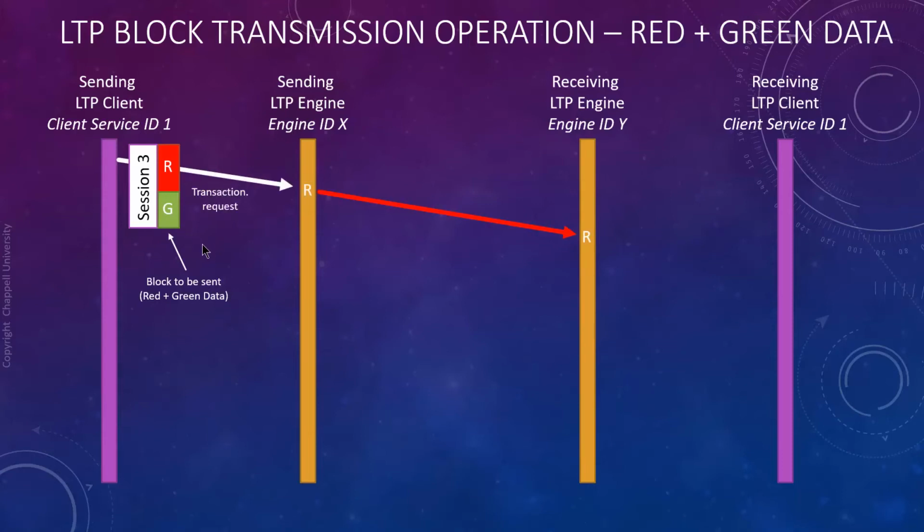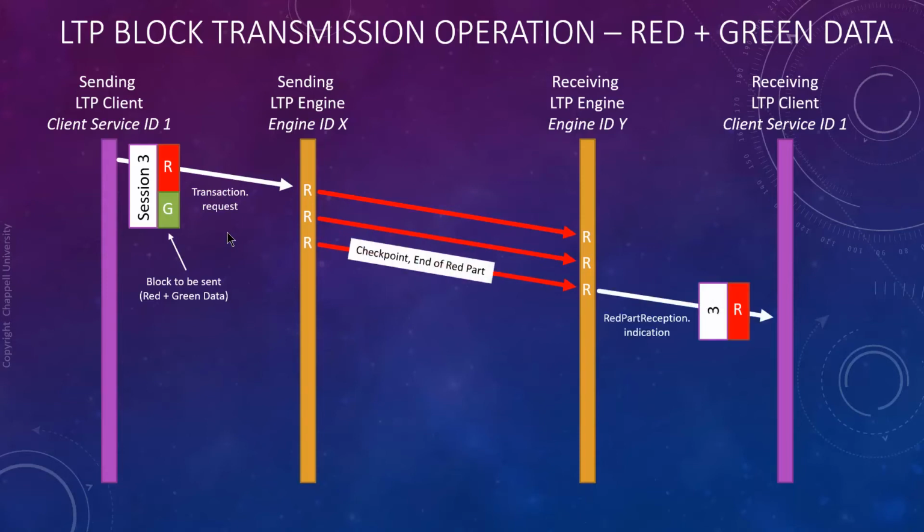So we've got red data going across. I'm not putting in the offsets and lengths and things like that. Another red data packet goes across, another red data packet goes across, and this is the end of the red part. And when you say end of red part, you have to have that checkpoint on as well. That red data is sent up to the application, and now that target system needs to send back the report segment saying, I got from offset 0 all the way up to whatever the highest count is, and the sender will send back the report ACK segment matching the report serial numbers.